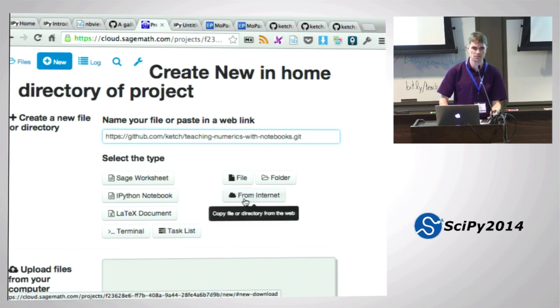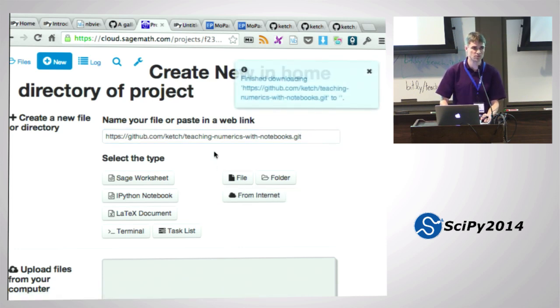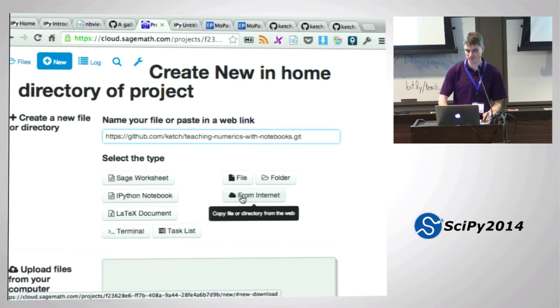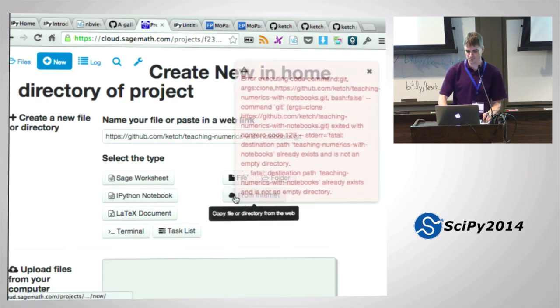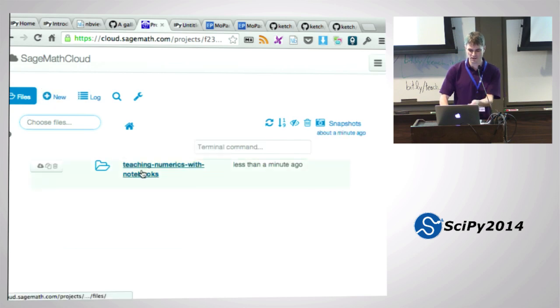Okay, so you can actually do a git clone here without knowing any Git, and this is really useful for your students if you want to distribute your notebooks without them learning Git. So this is how I distributed the notebooks for my course this spring, and none of my students had ever used Git before. I don't think any of them used it since. Maybe some of them did afterwards, but here you have just a very simple interface to clone a GitHub repo. It did clone it, because it tells me now when I try to clone it again that the path already exists. So what that did, if I go back to files, was clone that into my directory here.